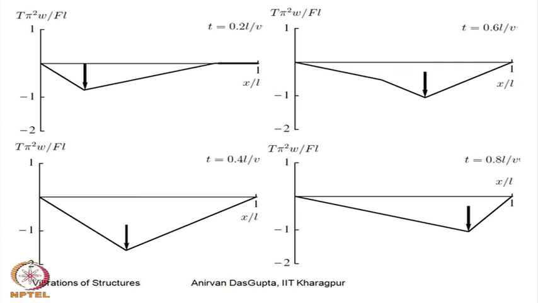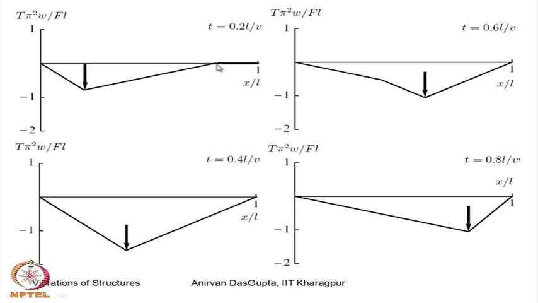Let us look at certain configurations of the string. So, here you will see the configuration of the string at certain time instants. For example, here this is 0.2 L over V. So, this force has travelled 1/5 the total length of the string, and this is how the string looks. You see that this portion of the string is as yet undisturbed, but when t reaches 0.4 L over V, so 40% of the distance has been covered,